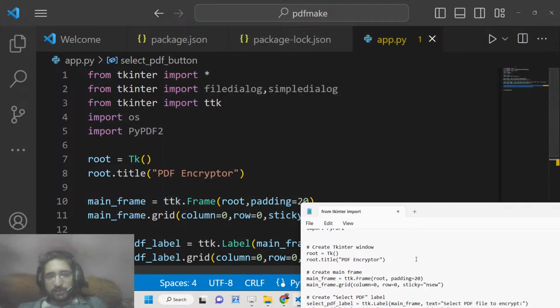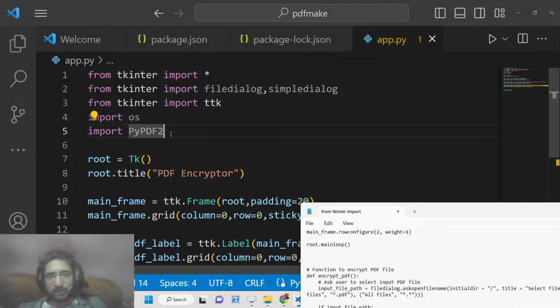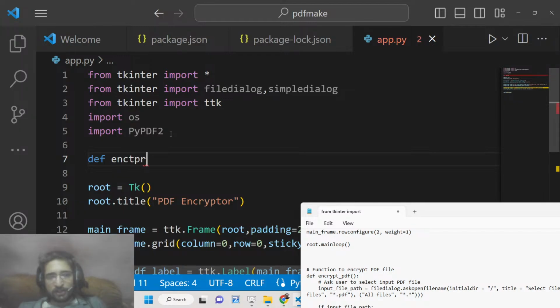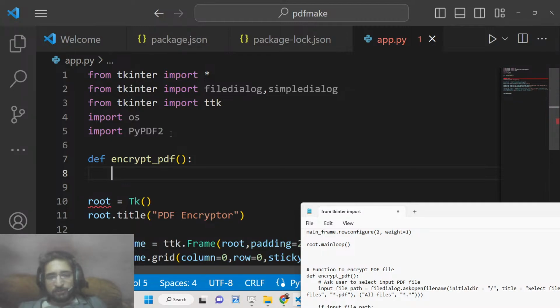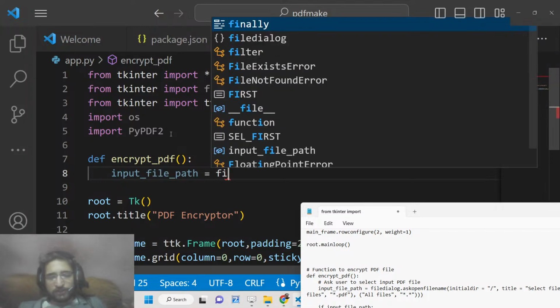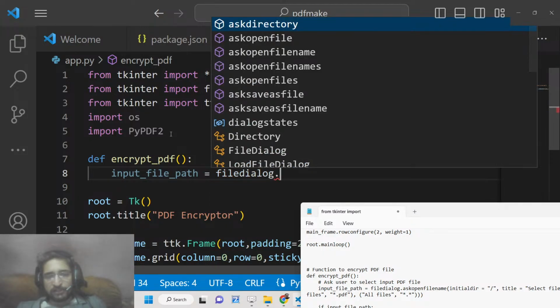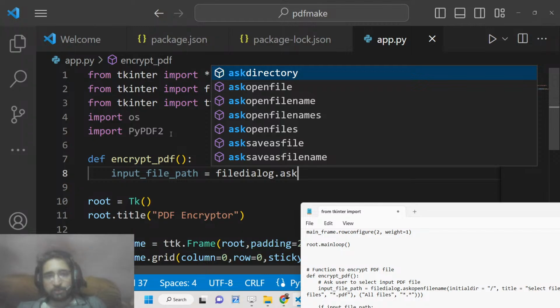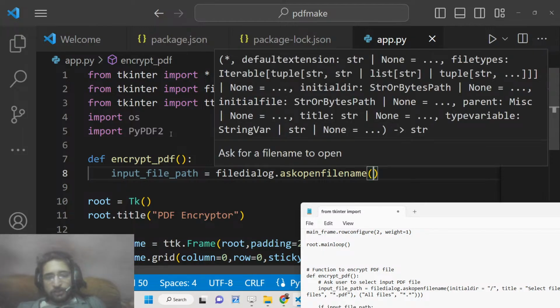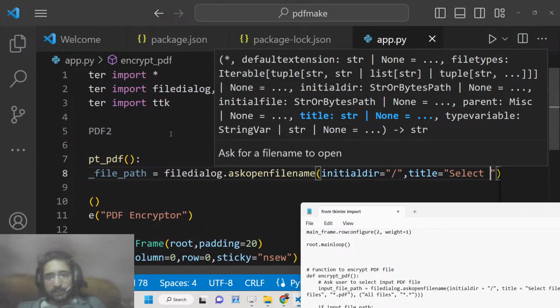So right here, guys, at the very top, we will define this function, which will be a simple function, encrypt underscore PDF. Inside this function, guys, we will basically ask the user to select the PDF file which we need to encrypt. You will use the file dialog class, and inside this it takes a method, ask open file name, and you can even provide an initial directory here which will be like this. Title will be select PDF file,